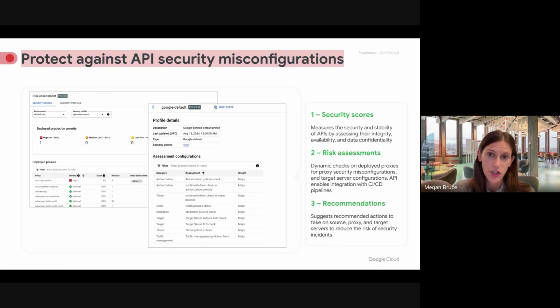Those profiles are integrated with policies in Apigee. So I mentioned there are 30+ policies built into Apigee already. So what you can do is essentially create custom security profiles with weights assigned to those different policies. So you can see here in this screenshot on the right that I have assessments set up in